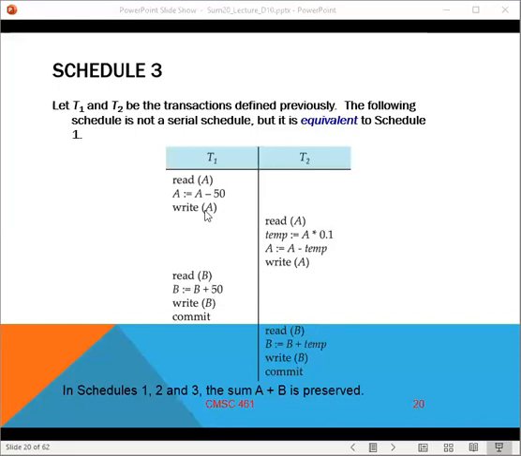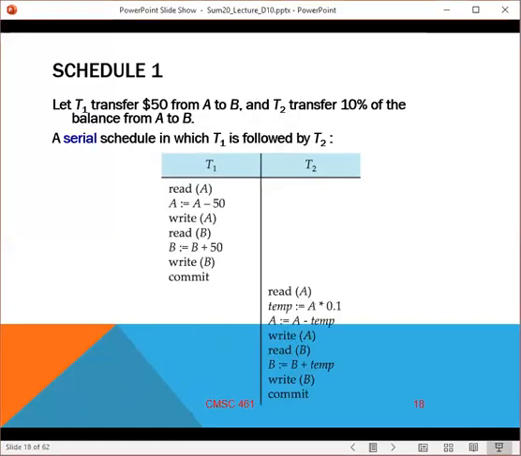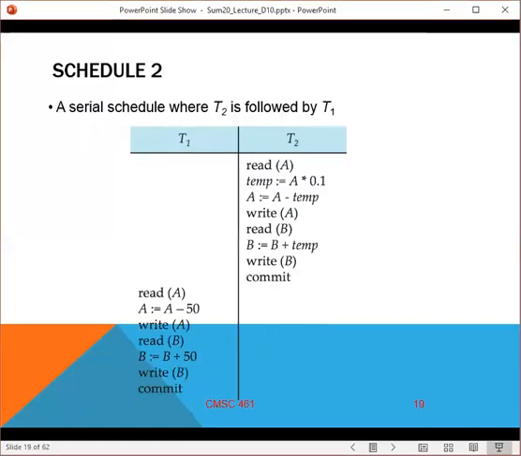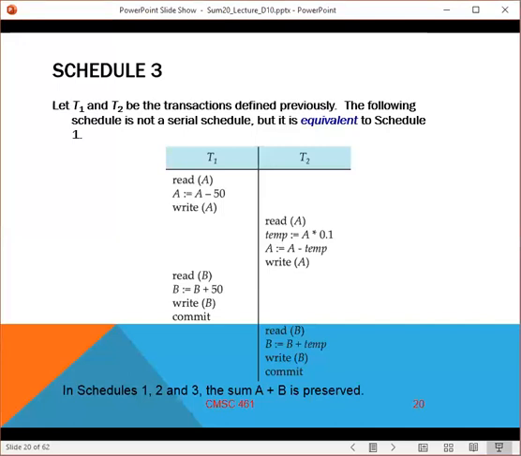So we move this one up, and then this one could be moved down, and then in effect we have this serial schedule that we were looking at here. So it is equivalent to schedule 1, even though it's not a serial schedule, because transaction 1 and transaction 2 are running at the